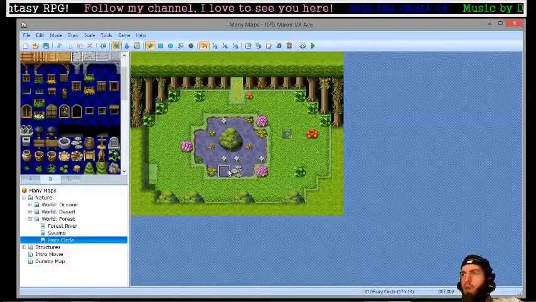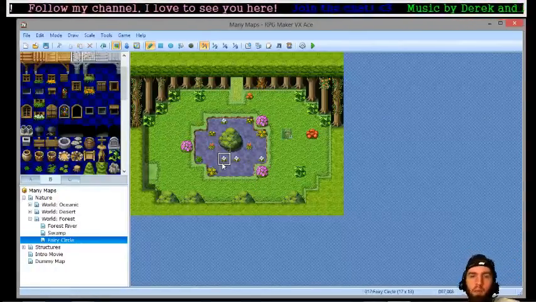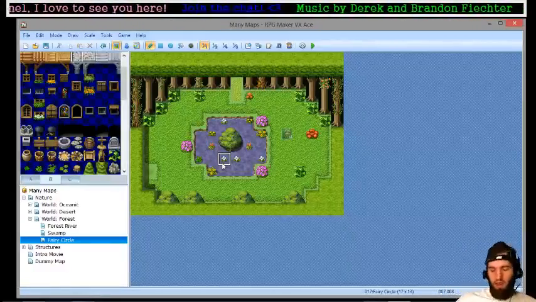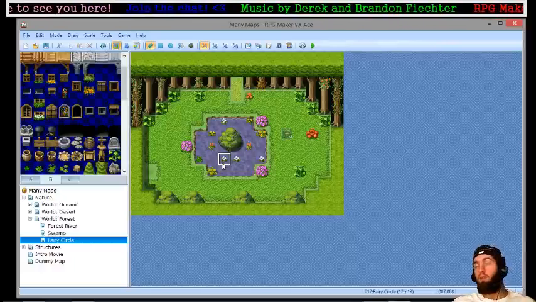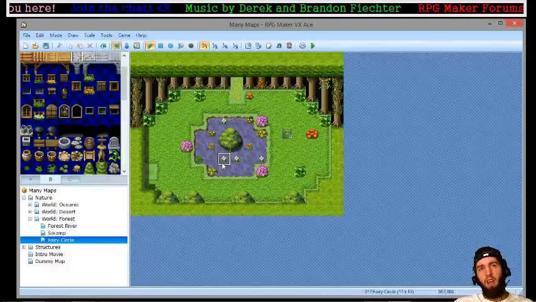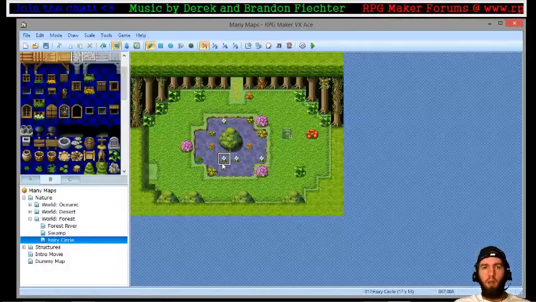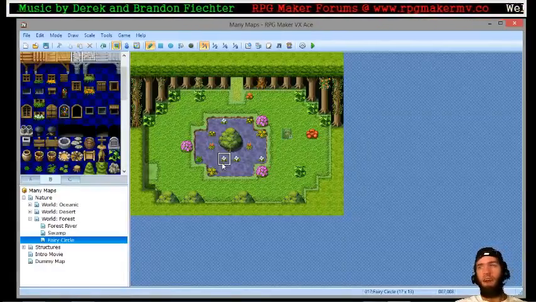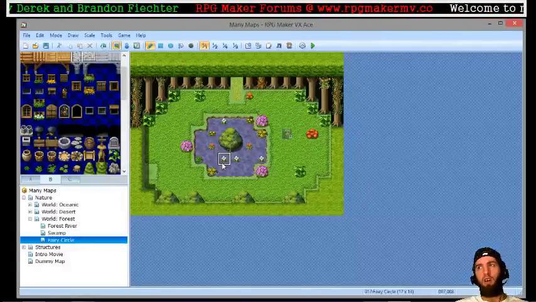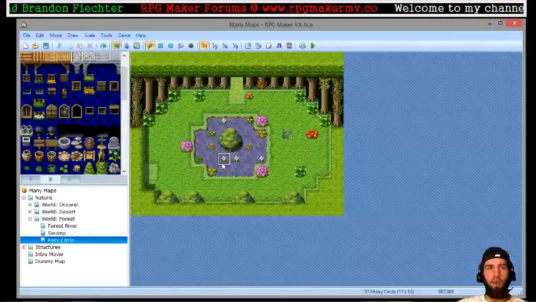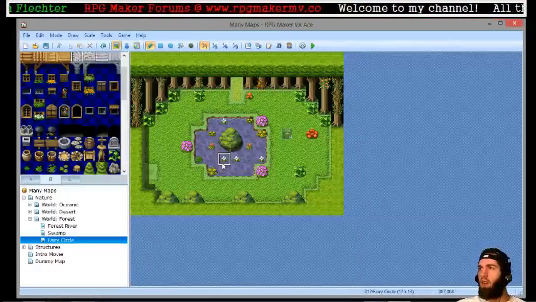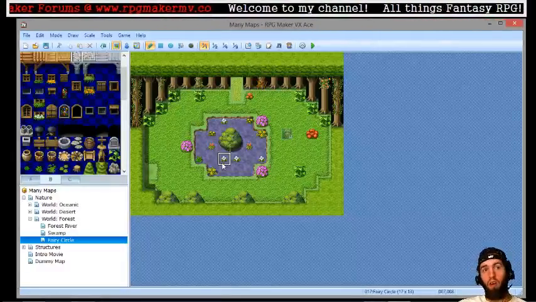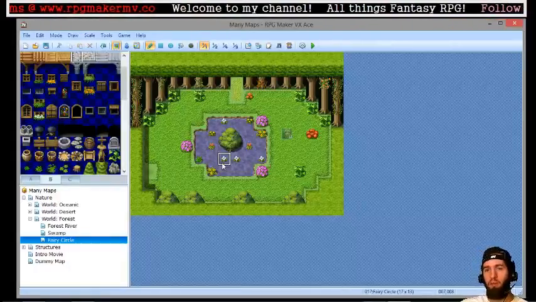Might have been able to get away with some stepping stones, but again, keep in mind the details of this map or the series. The key that we're doing here is that we are using the default minimum of the map size, and we are trying to create environments, terrains, and nature settings using the default tile set that comes with RPG Maker. So for those of you who are not very proficient or talented, skilled with